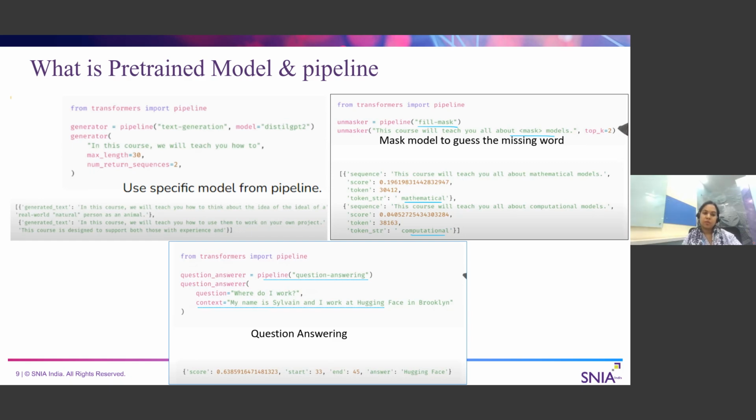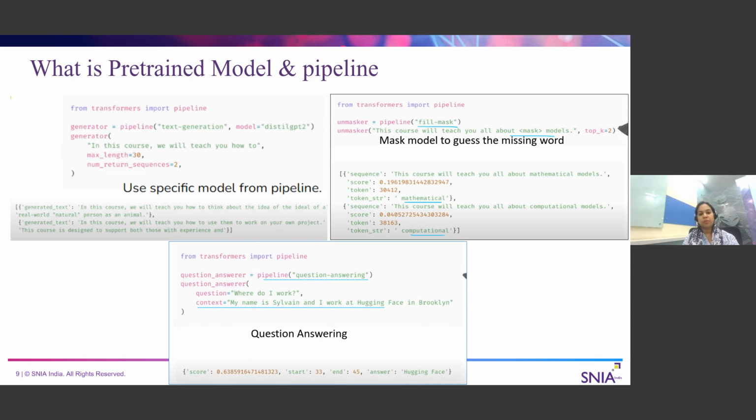Once we have the model, in the next line we can now use it. We can ask questions. Here, this is text generation, so the expectation is that it will generate some text for me. Given some text, for example, "In this course, we will teach you how to", this is the initial line we are providing, and we are asking it to generate, suppose, 30 next words. And the number of return sequences, we want two such answers, right? Given this, it gives me an output. As you can see below, it has completed the sentence. It has generated the text for us.